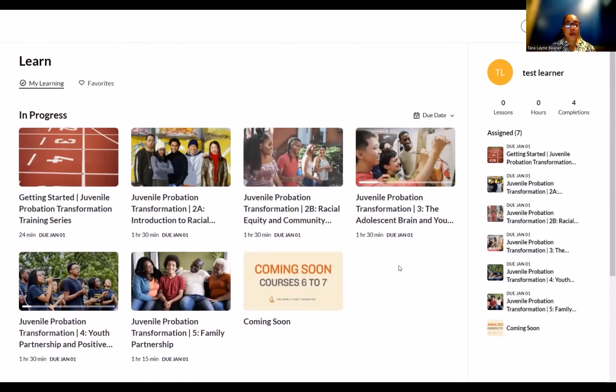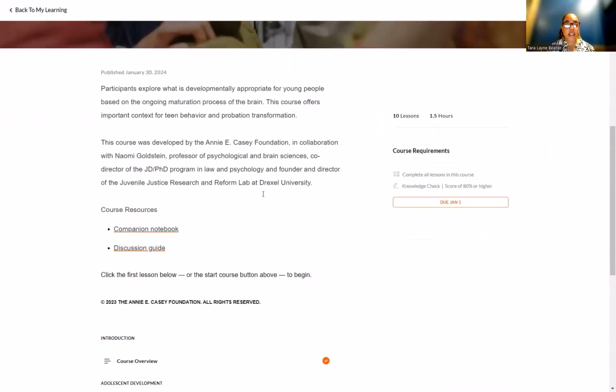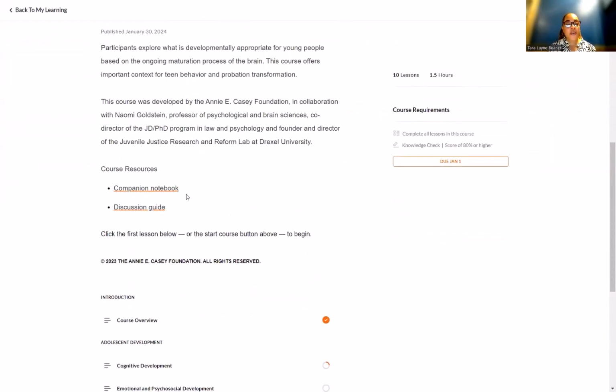In order to access a course, you will just click on the course or the title in order to open it, and you'll be on the course homepage once that opens for you. You'll notice a couple of things about the course homepage. One is it will show you your progress. This is a test account in which part of this course has already been completed, so you'll notice that it's 20% complete. You'll also see a description of the course,